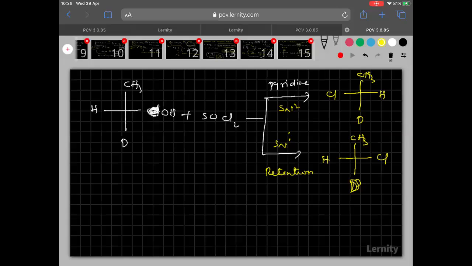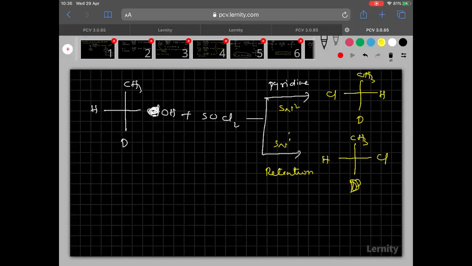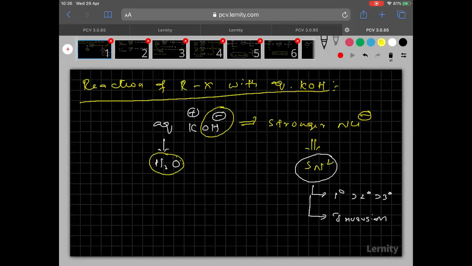Still, some two or three important reactions are there that I will discuss in tomorrow's class. Tomorrow we are going to complete haloalkanes, and tomorrow itself we are going to start haloarenes, their preparation and properties. Haloarenes will not take that much time. Clear everyone? Now I am showing you the slides from the starting onwards. If any slide is missing, you can take a screenshot.